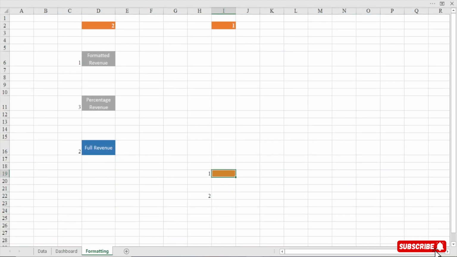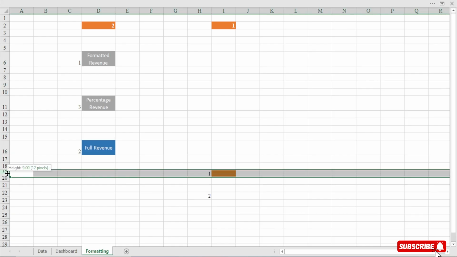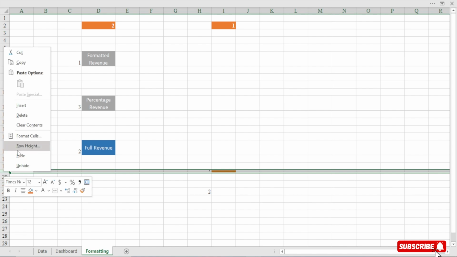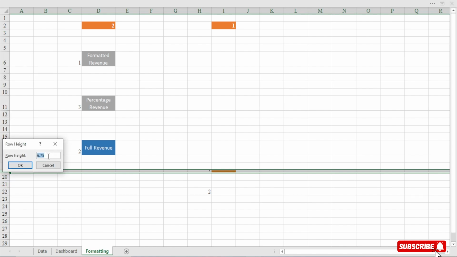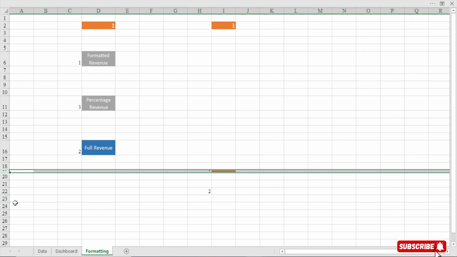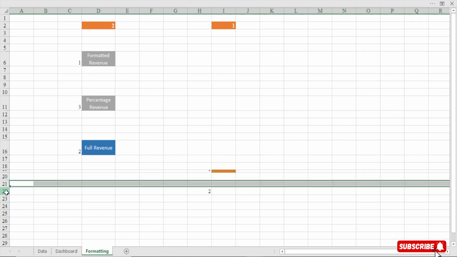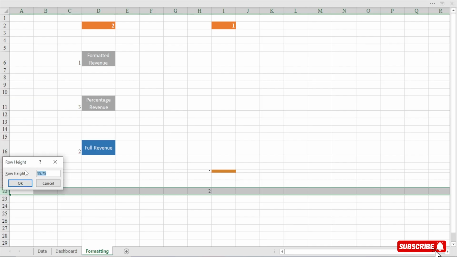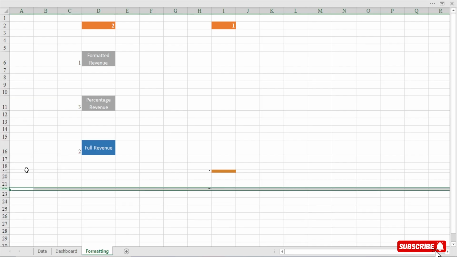Now, what I'm going to do is make sure this is minimized like this. Do you see that? So I right click, row height. I'll say maybe this should be 6. I'll hit enter. Do you see that? Perfect. So I'll do the same thing to this. Right click, row height. I'll say 6. Then I'll hit enter. So I think 6 is too much.